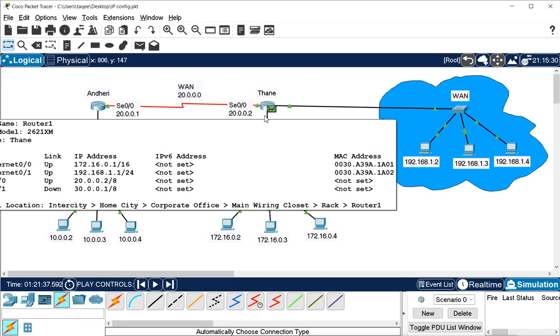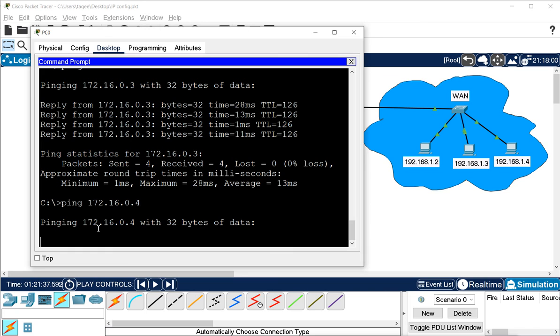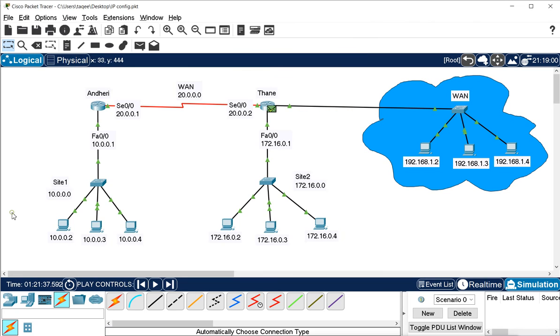The first echo packet is dropped, and we can see here the packet is dropped, but the next packet will reach properly. This is the next ICMP packet.